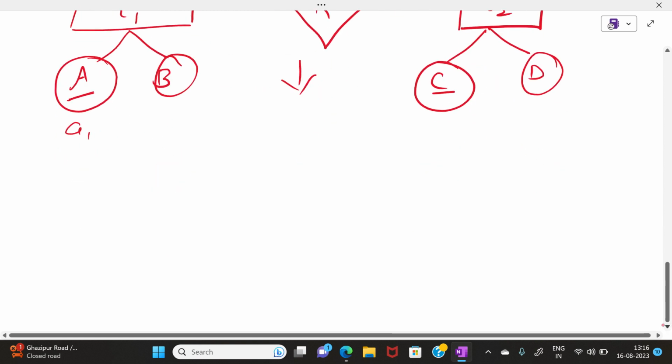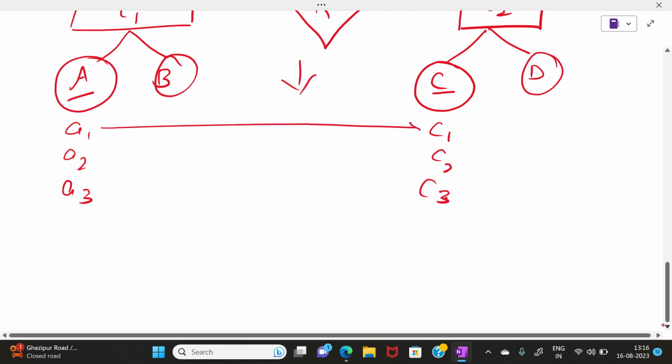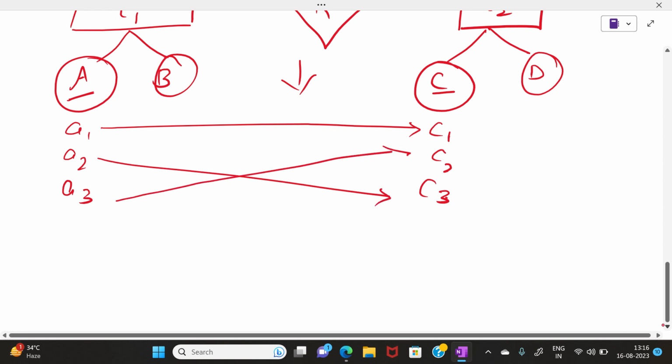So if we have the values here A1, A2, A3, and we have the values here C1, C2, C3, and let's say A1 is connected to C1, A2 is associated with value C3, and A3 is associated with value C2 here in relationship set R. Okay, so if we combine them as one single relationship table, so even R2, okay, so it will be having